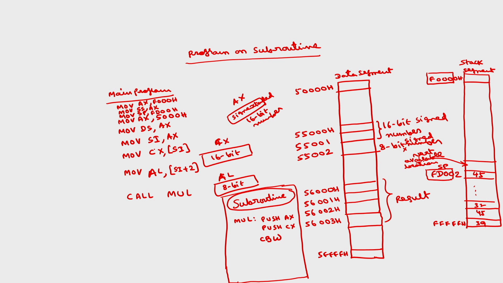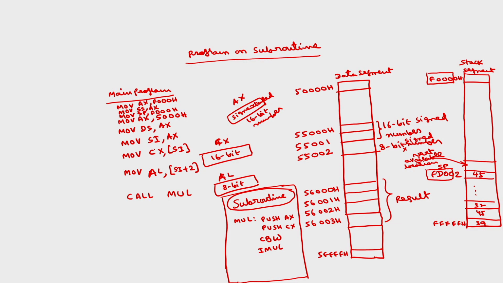Now we can perform the multiplication, IMUL. So one of these operands has to be taken in AX in case of 16 bit by 16 bit multiplication. In 8 bit by 8 bit multiplication, one of the operands has to be taken into AL. So here I have taken one of the operands in AX, another operand in CX. Simply I have to write IMUL CX, so that the result is stored in DX and AX. Okay, that you have to store in 56,000 to 56,003. So now the operation is over. This is just to explain the subroutine concept. I have written this program, but the task in the subroutine is only simply multiplication.